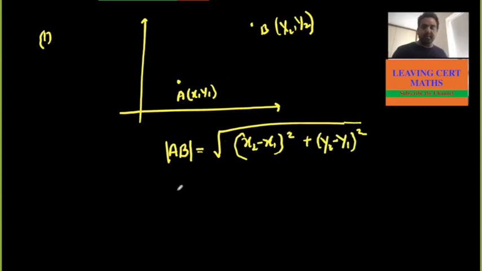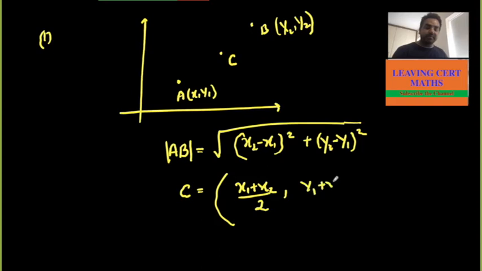Yeah. Now if I want the midpoint C, it is the middle, so AC equals AB. To find the coordinates of C, I take the average of the x values, (x1 plus x2) over 2, and similarly (y1 plus y2) over 2. Is that right? Yeah. Clear? Now